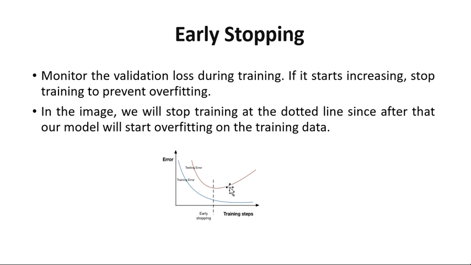So early stopping. The main intention of these techniques is to reduce the loss and to improve the accuracy. So if the validation loss starts to increase, stop, prevent. If you observe this diagram, training error and testing error. Sometimes at some particular stage the training error is low, so the testing error is going to